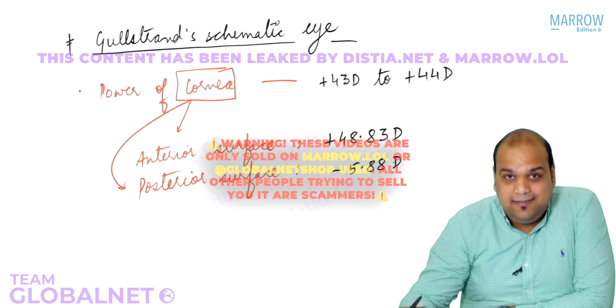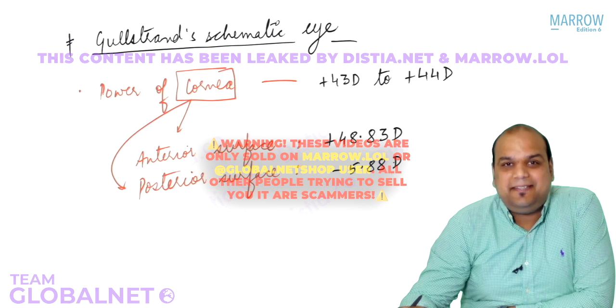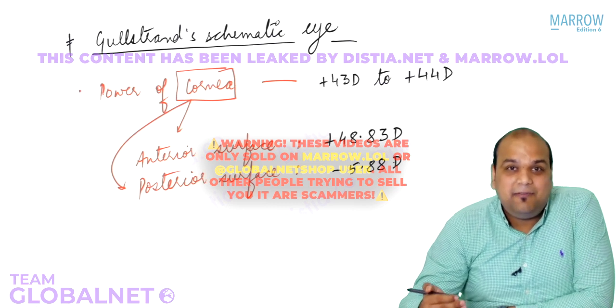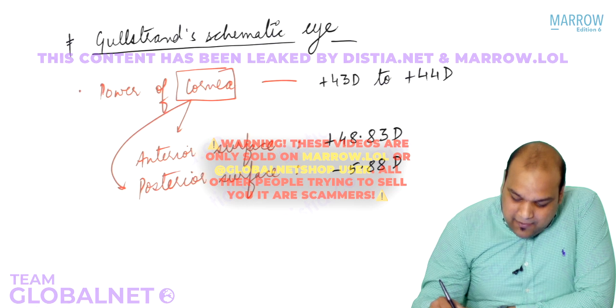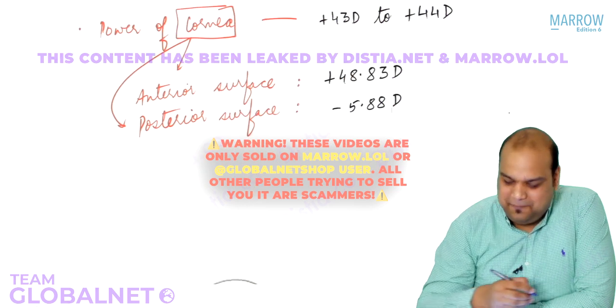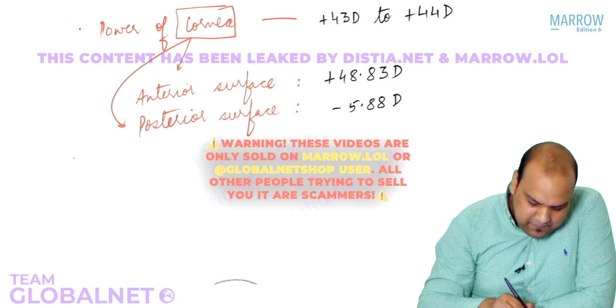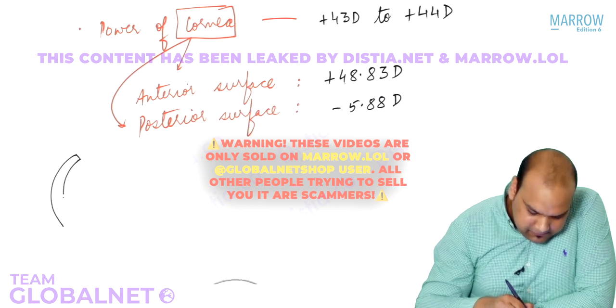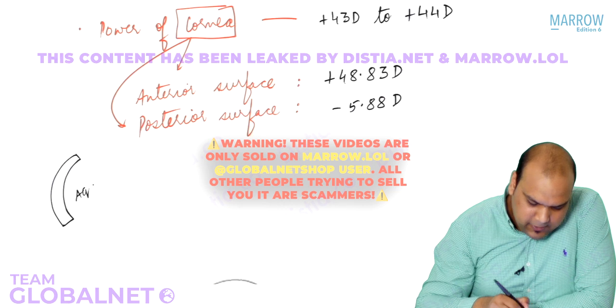Yes, you understand? So the power actually comes from the anterior surface. The posterior surface power is lesser. Now, why is the posterior surface in minus? That's the question. So everybody, if you've seen the eye, if this is my cornea and this is my aqueous,